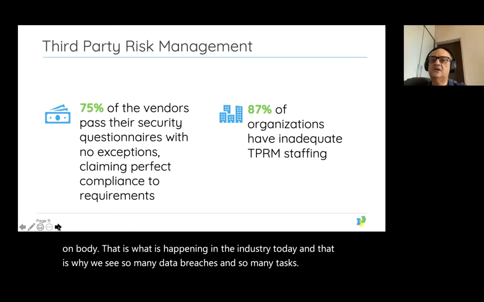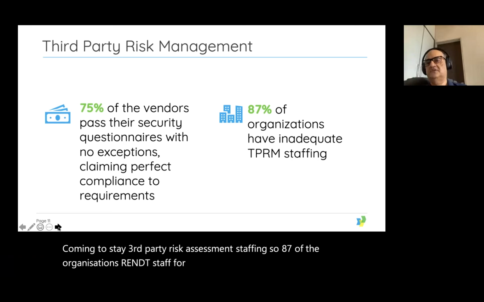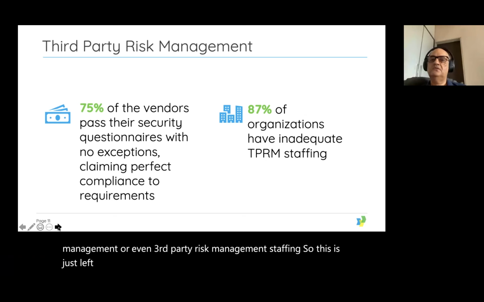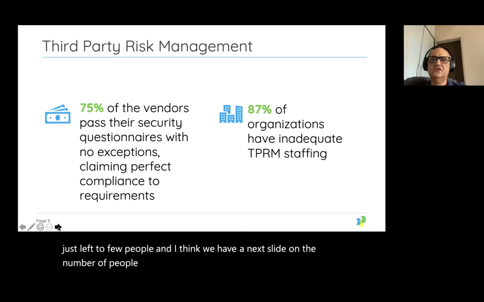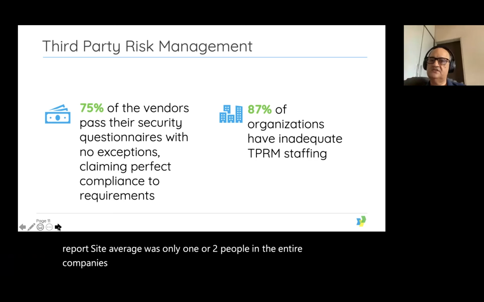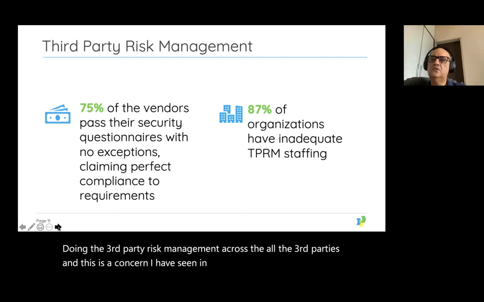Coming to third-party risk assessment staffing. 87% of the organizations are inadequately staffed for third-party data risk management. So this is just left to a few people. And I think we have a next slide on the number of people also. No, so average was about, in one of the reports I read, only 1 or 2 people in entire companies of thousands of employees and hundreds of vendors doing the third-party risk management across all the third parties. And this is a concern I've seen in the audits we have done for companies also,